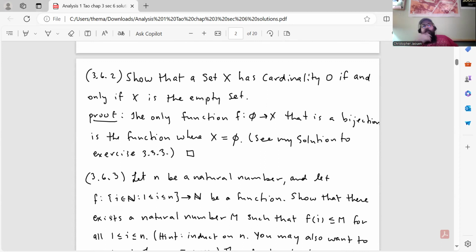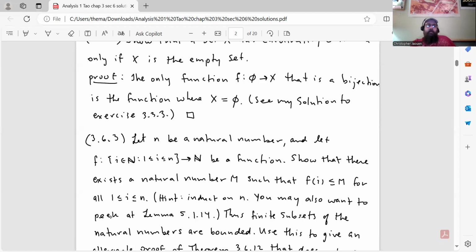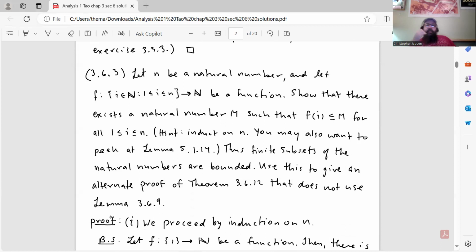Okay, next problem, 3.6.2. Show that a set X has cardinality 0 if and only if X is the empty set. And here, it follows from the fact that the only function f from the empty set to X that's a bijection is the function where the codomain is the empty set. So you can see my solution to exercise 3.3.3. All right, next one,